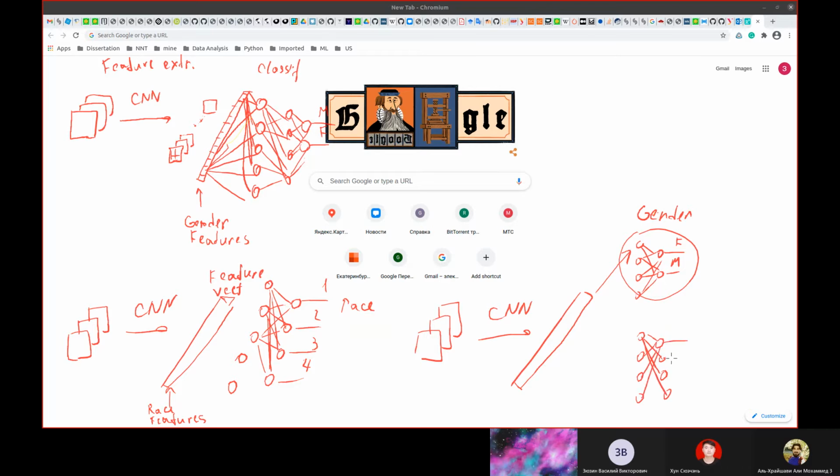Please understand, yeah? This race 1, 2, 3, 4, and you use the same feature vector for race classification, and you can see that this feature vector is common for both tasks. Or if you add an additional classificator here, this vector will be common for 3 tasks.